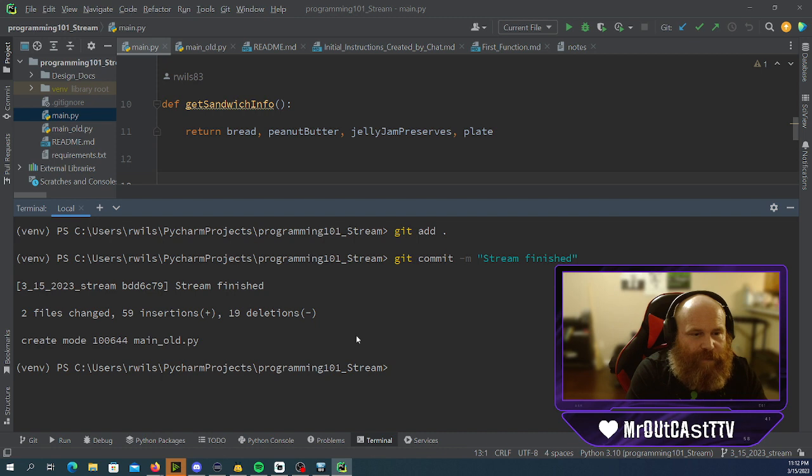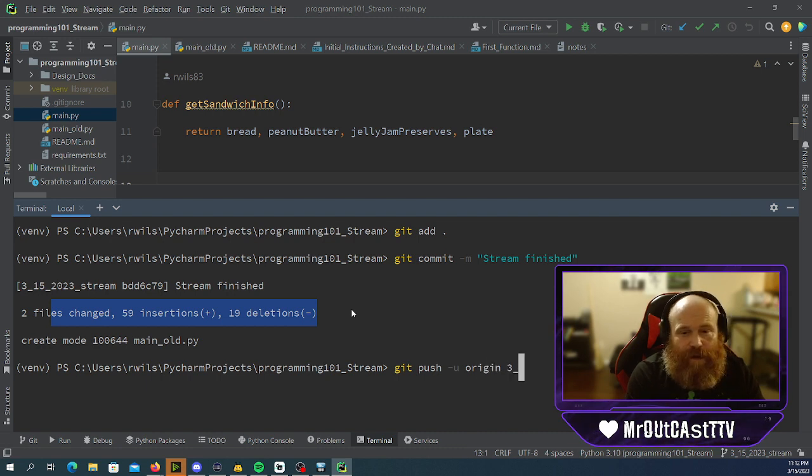So we did the add. Here we can check everything that was changed. Well, we can check how much stuff was changed. If we wanted to, we could actually dive into the commit and it'll actually tell us everything that was changed. From here, we just do git push -u origin, and this is